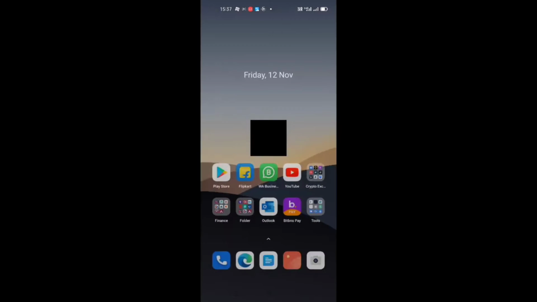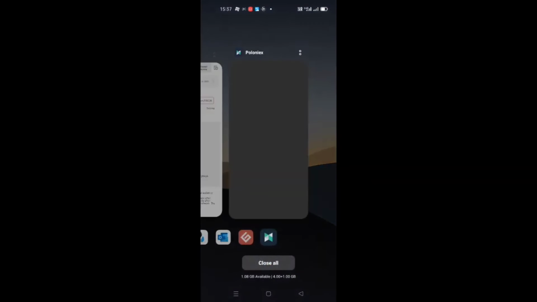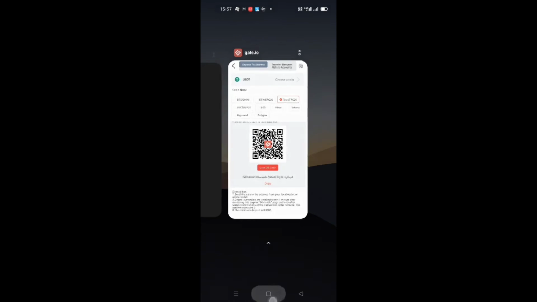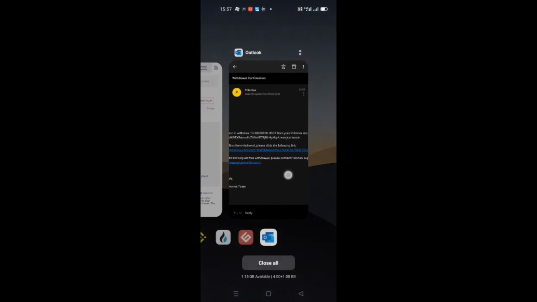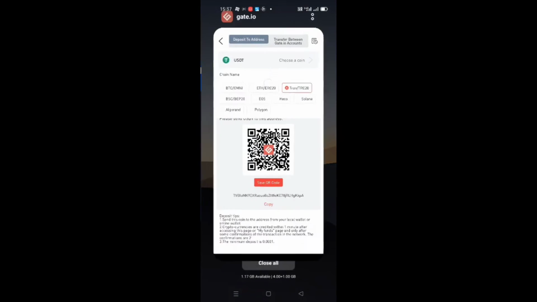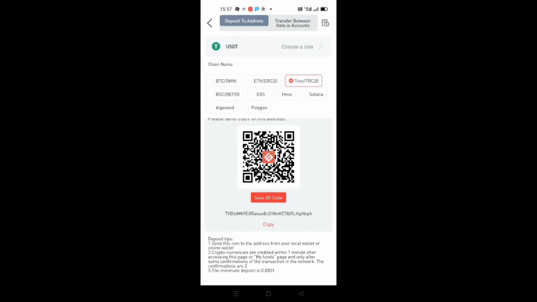Then for your confirmation, after each and every withdrawal, you will get a hash that you will find in your withdrawal. Please click on that hash. If it is ERC, then you will go to Etherscan, and if it is Tether on Tron, then you will go directly to the TRC Explorer.